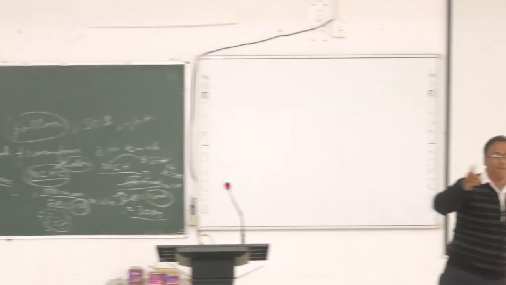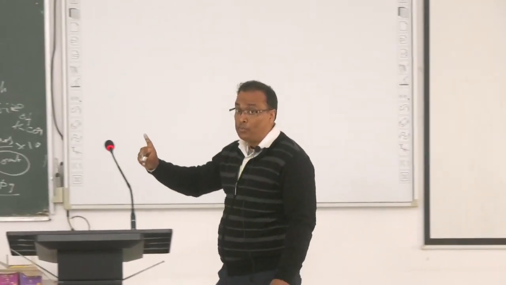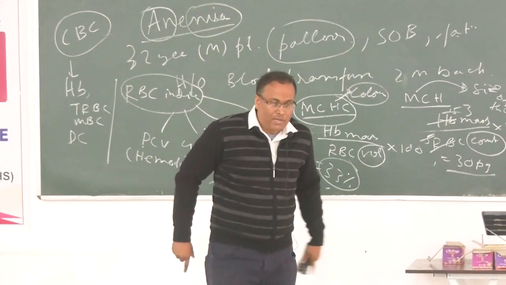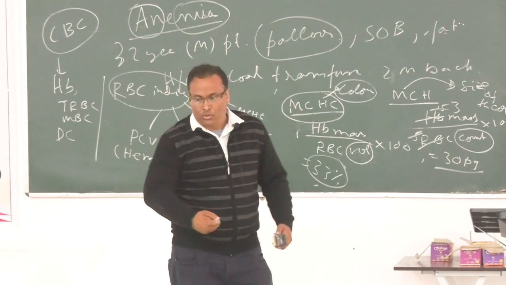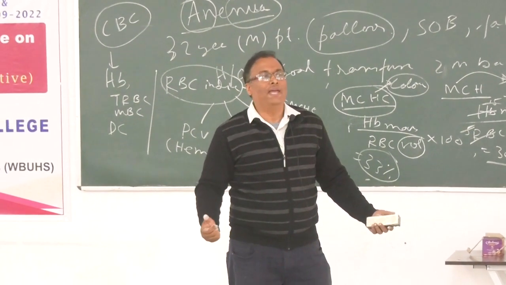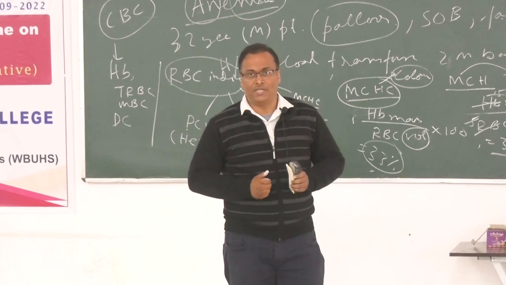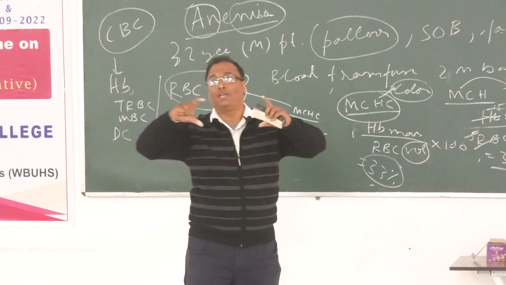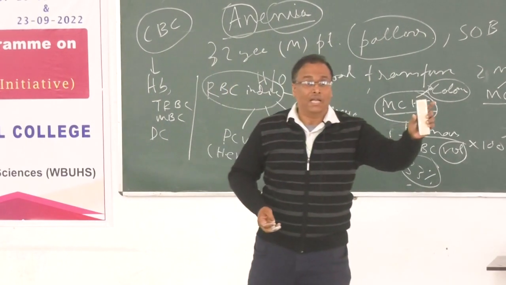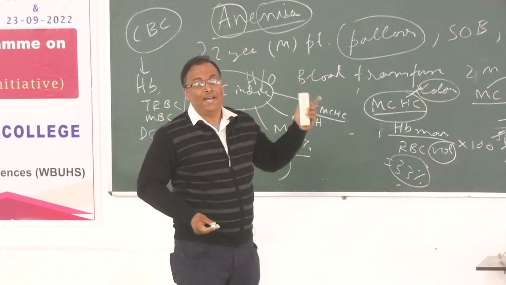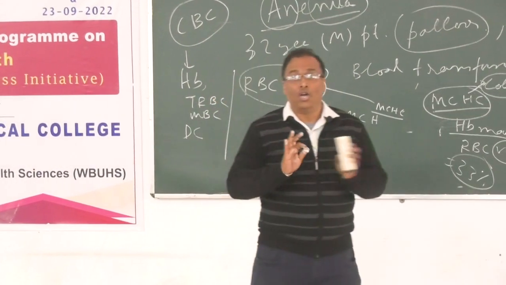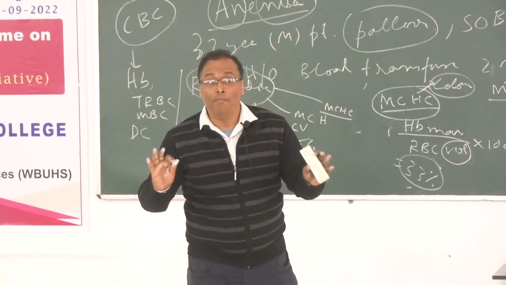Already you know the RBC membrane proteins, right? Spectrin, ankyrin, I told you the other day. And I told a story about a bridal dress, okay? A patient coming, a bridal dress, a groom is coming and going through tunnels like that, and it will be broken down. If that happens, then ultimately she will cover up all the traces and the globular structure will form from the biconcave disc of the RBC. So the shape of the RBC is maintained by the cytoskeletal structure of the protein. It was discussed previously. So if there is a genetic problem of spectrin or ankyrin, the shape of the RBC is not maintained.